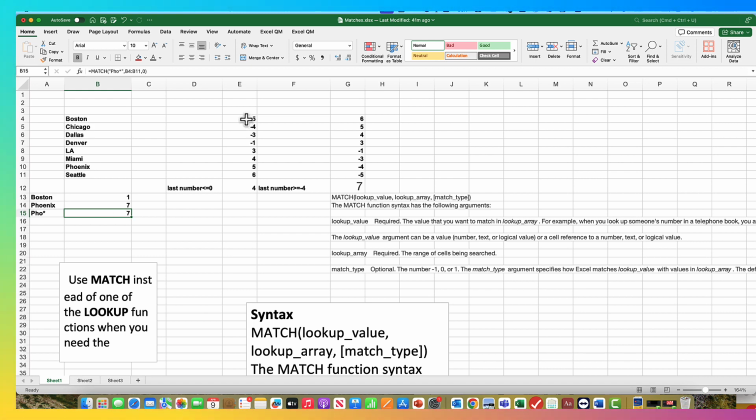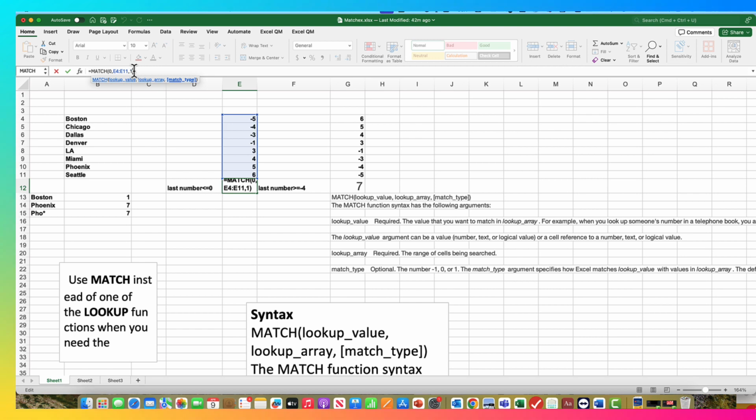Now let's move to the second example. Here's a list of numbers arranged in ascending order. Suppose I want to know the position of the last number that is less than or equal to 0. Look at this data range. We know the position is going to be 4. Okay, so the function is going to be the value is 0. You do not need a double quotation for a number. In the data range E4 to E11, the data is arranged in ascending order, so type is 1, and the